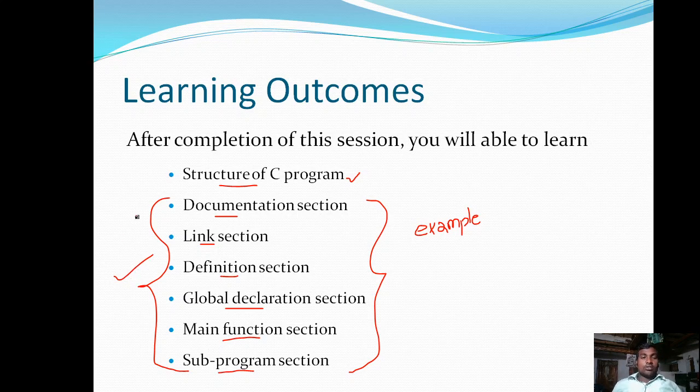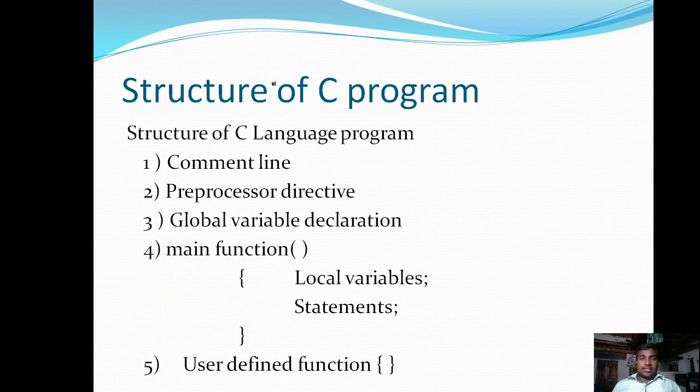The structure of a C program includes all these. Some of these are mandatory and a few are optional. We are going to discuss that in later slides. Coming to the structure of a C program, the structure of the C programming language includes five things.